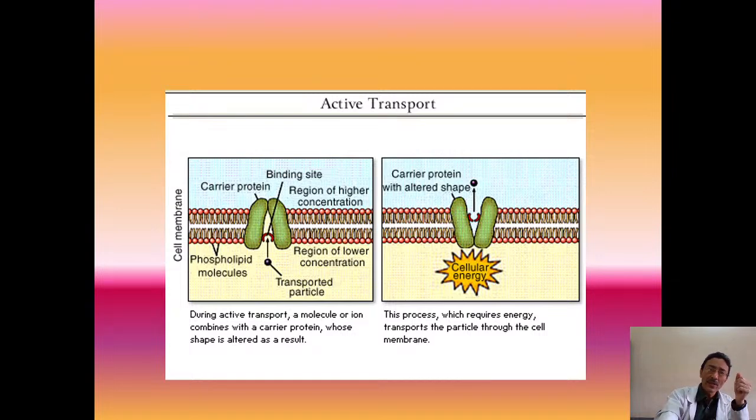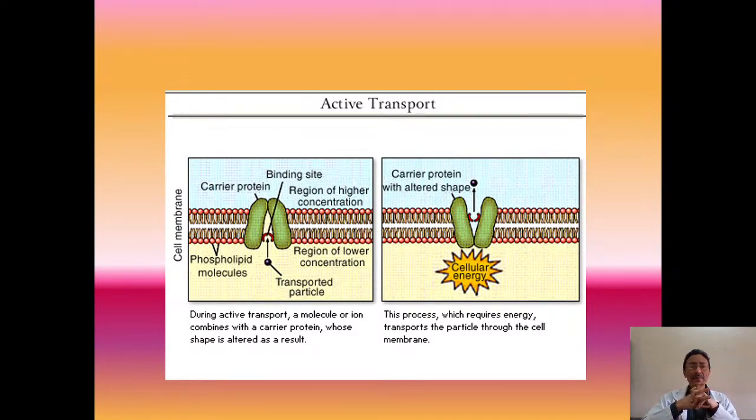So how does this transport take place? It takes place by the presence of these carrier proteins. This carrier protein is a V-shaped protein. Here you will see that there is a binding site present here. Now, whenever the transported particle from the ICF, this is the inside of the cell, comes and binds onto the binding site of this carrier protein, the binding of this transport particle to the binding site will stimulate the ATP here, this high energy bond which is present. It will result in the breakdown of the phosphate ATP.